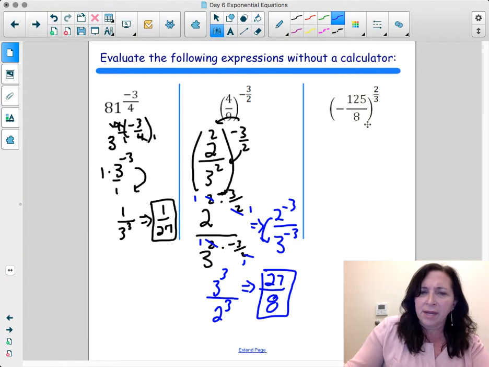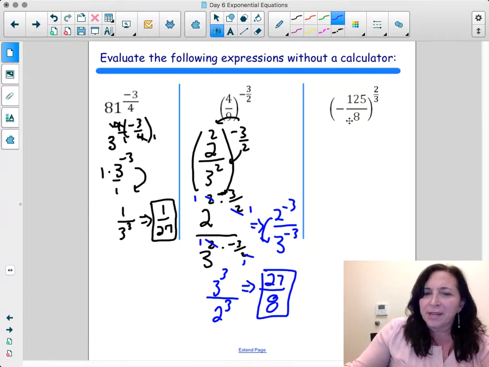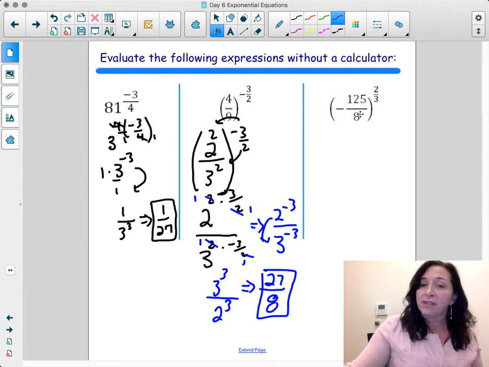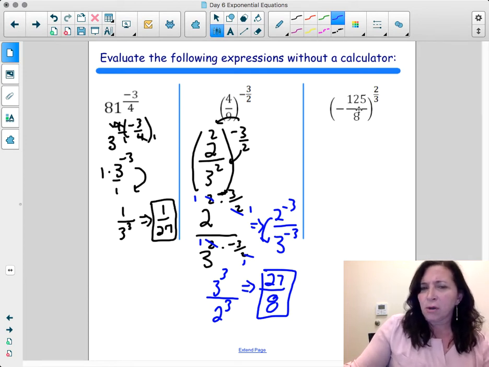This problem right here is a little bit tricky. Everybody gets a little bit confused when they see a negative inside the parentheses, and you see on the denominator a cube, but you also see a square. So I always like to point out that